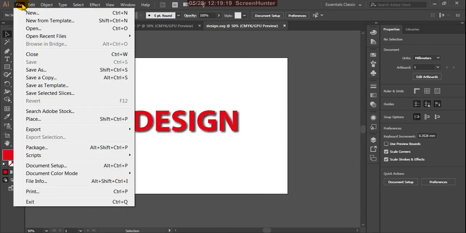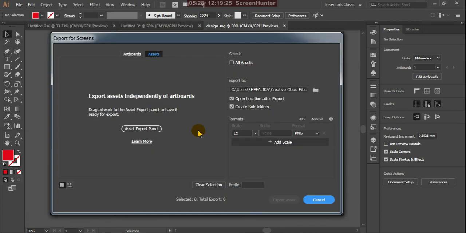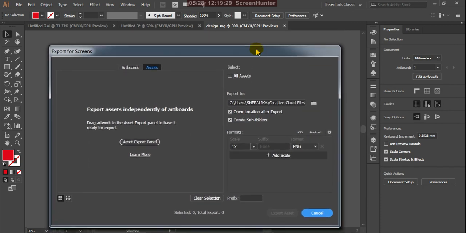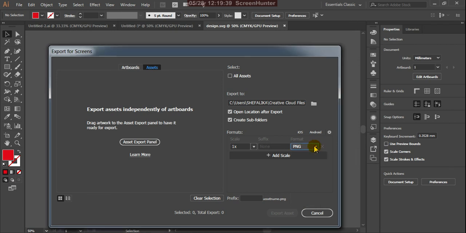And when you export, here we have Export for Screens. So what does Export for Screens mean? This is also one kind of export option. Okay, and here we have PNG and JPEG formats included. And here is the export panel.